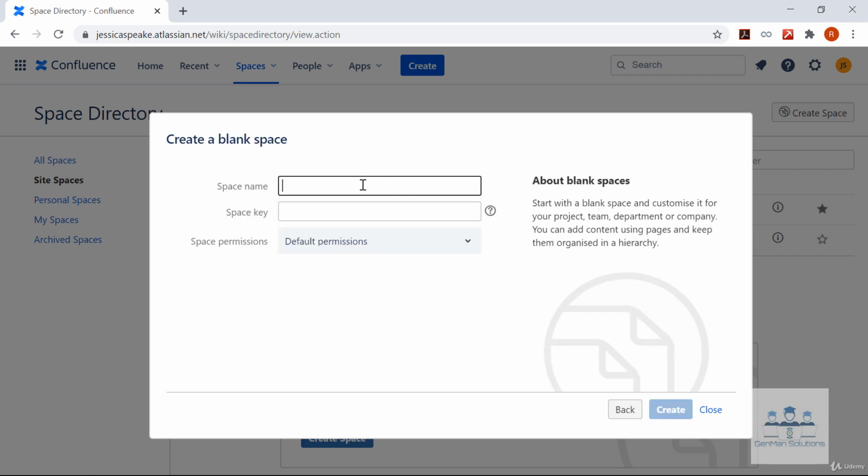The screen will ask you for a space name. For this particular space, we'll call it Solitaire 2.0, as it's being used for the refresh project. One important point to be noted here is that space name doesn't need to be unique. Whereas the next field, which is the space key, it is always required to be unique. So space key is something which is used to identify your space. The space key forms part of the URL.